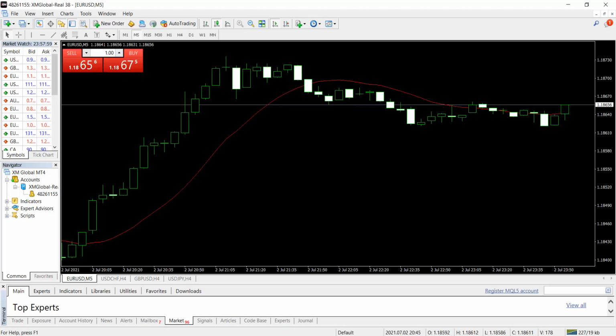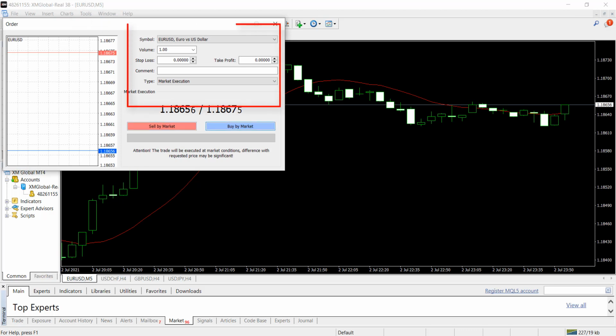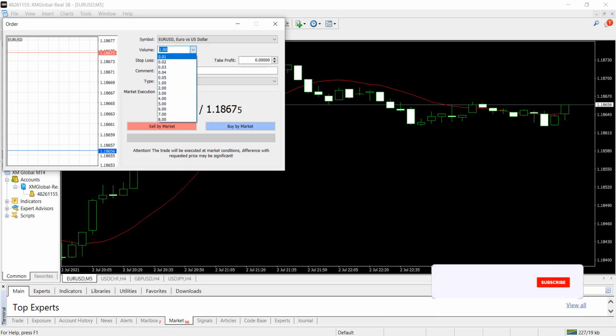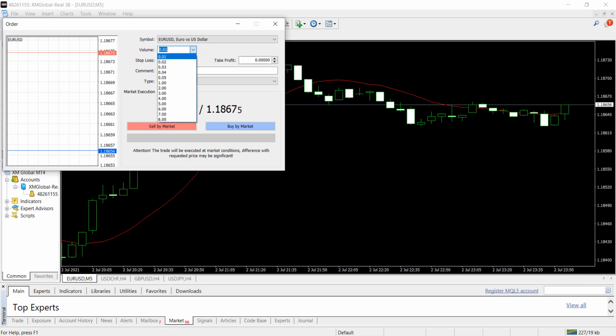If you need to open a trade, then from here you can check the tools option, new orders. If you select buy, if you see the market go only up, then you can make a profit. If you select sell, if you see the market go down, then you can make a profit. If the market goes against your trade, you lose money. From here, this is the volume of your trade. First of all you can try with a small volume, then day by day you can increase it. You must check this option. This is another most important thing from here.